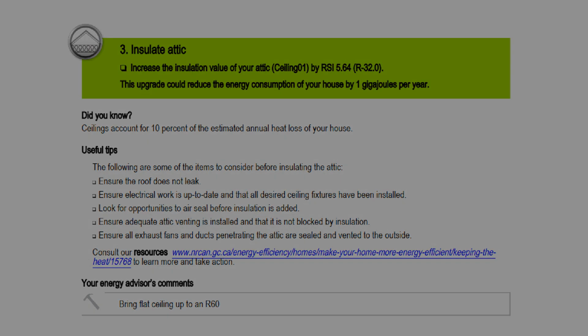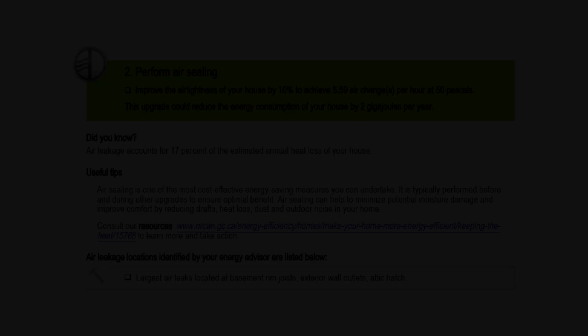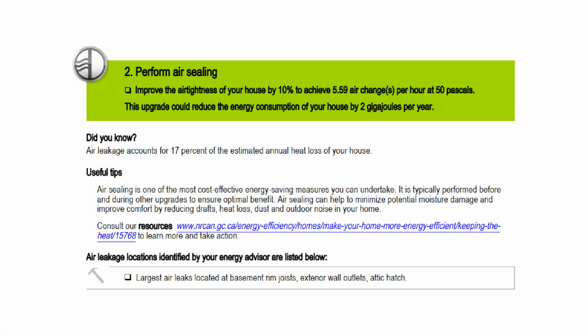My home was built in the 50s, so there's been a little bit of insulation over the years, but it has deteriorated over time. So I put new insulation in. Air sealing is something that's identified here. For older homes or buildings, they're typically quite leaky. So there are definitely many opportunities for low-cost solutions to make sure your building is less leaky.